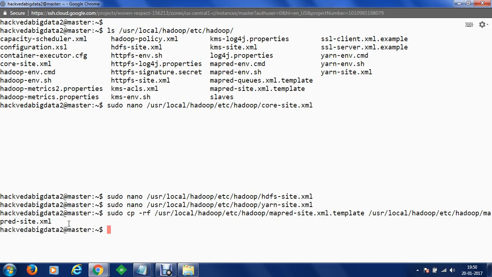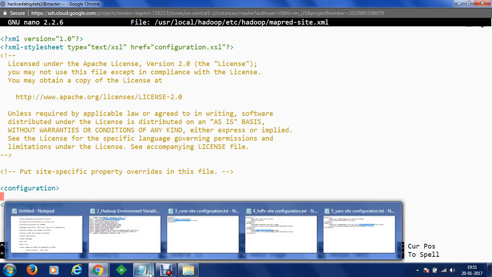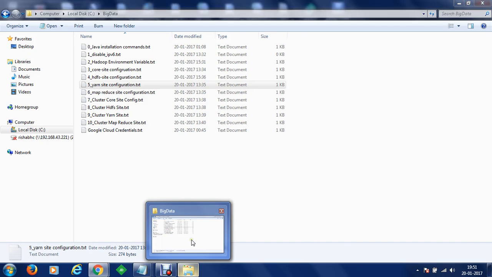Once we copied the file, we are going to perform the configurations. To perform the configuration, now I would like to change my MapReduce site, and we are going to specify the name of the file, mapred-site.xml. Let's open the configurations, and in the configurations we are going to paste the configurations for the MapReduce site. So we'll go to the directory here.